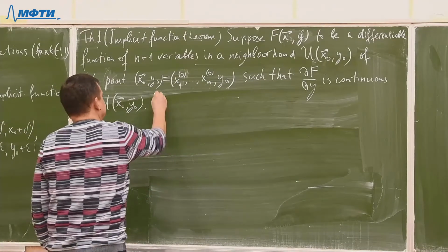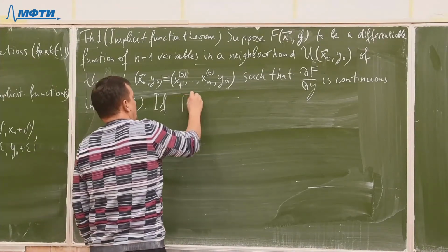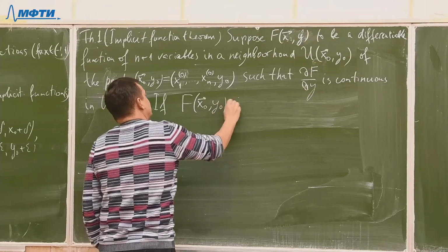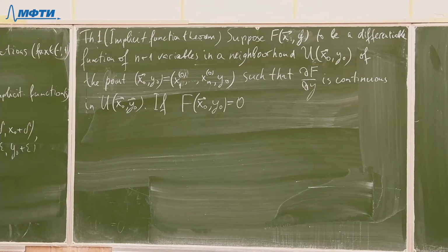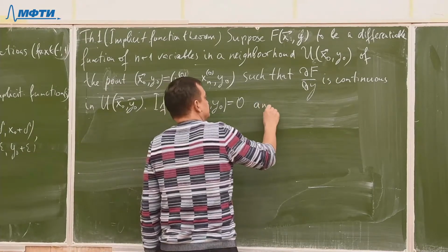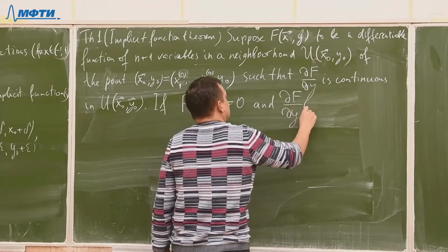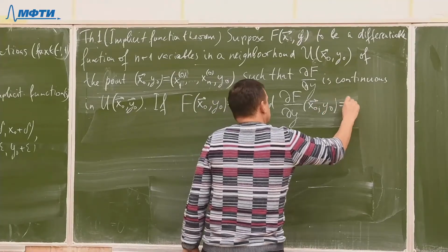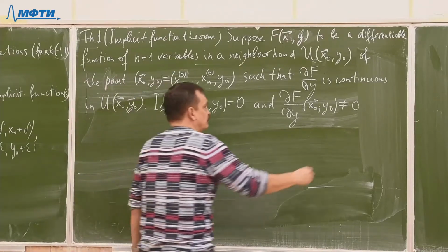If f at the point is equal to 0, so it's like here, and the partial derivative of f with respect to y at the same point is not equal to 0, then